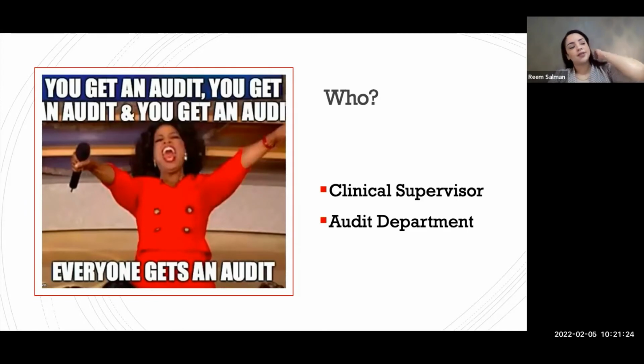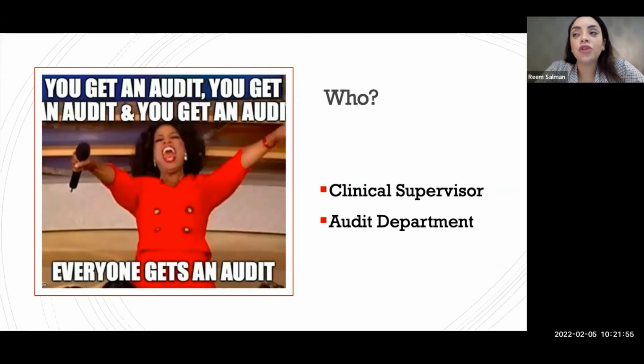Many years ago, I started my career in the NHS in 2011. So many years ago, it used to be just, if you want to do an audit, just do an audit. But the registration of audit made it very much organized, and every audit has a number. So you can't really fake that you've done an audit, because now every audit has a unique number. And when you go to interviews, they actually check that number or check there is a number next to an audit. So it's very important to register your audit in the audit department earlier on in the audit process.